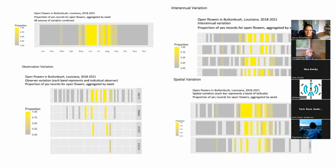And then spatial variation. Here I blocked it out by different latitudes. I can't quite remember, but I think it's further south ones on the bottom to further north ones on top. So you can see a little bit of spatial variation across the region for bloom times. And then back over to the bottom left, this is 4 different individual observers who might be reporting different things on different days. The question we were asking here is, which, if any, of these forms of variation are relevant to you as you're planning for pollinator restoration or trying to better understand bloom times. And so if you go to the next slide,